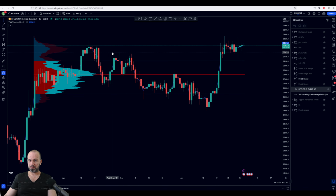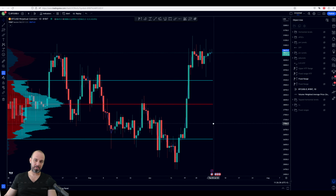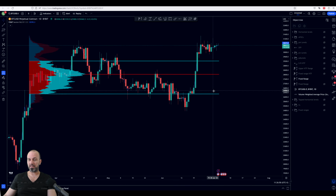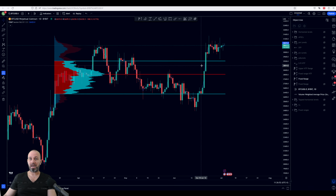Then the price moves once again, creating this triple top, right? And then we've seen more downside. So technically, that's why I said for the bulls, it would be so much easier, if this is the bullish case, to defend the value area high of this range. Because if this level is lost, then we can continue to trade the value area of this